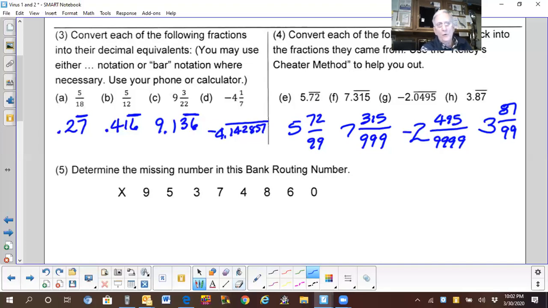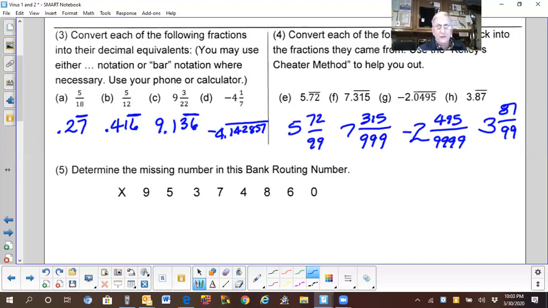Okay, now you'll recall we did a lot with clock arithmetic or modular arithmetic, and you're going to have to know on the test how to convert or determine the missing letter X in this bank routing number, okay? To do it, you have to use your modular arithmetic knowledge for Mod 10. By the way, there will be no credit cards on this test, and there will be no credit card on the exam. I'm only going to have you deal with bank routing numbers or with UPC codes. No credit cards, so you don't have to worry about those.